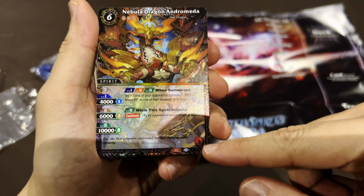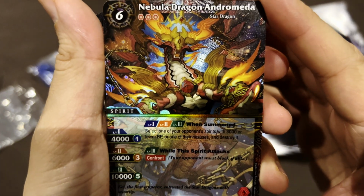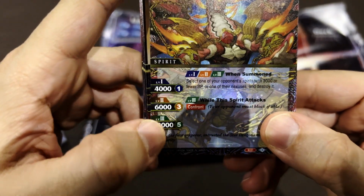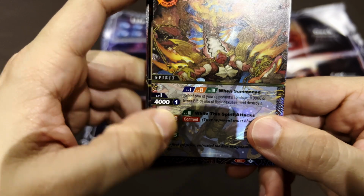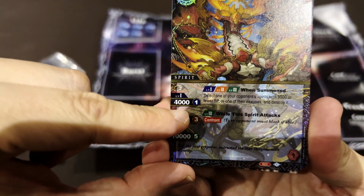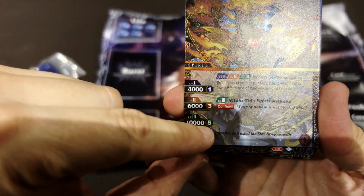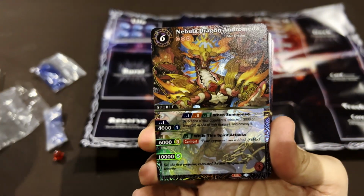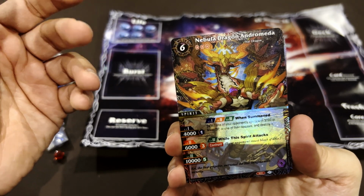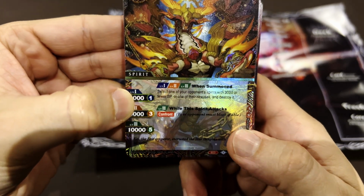You have, when you play these cards, they have a core that counts towards paying the cost, something like that. Okay. And this is Star Dragon. So the way this game works, and I'm telling you this without having really experience, is that the spirits could put you level 1, level 2, level 3, depending on the number of cores that you place on them. So it's a mechanic that I haven't seen in any card game, so that's why I'm interested in trying this one. So imagine in this case, if you have 1 core, you will have 4,000 of power, and